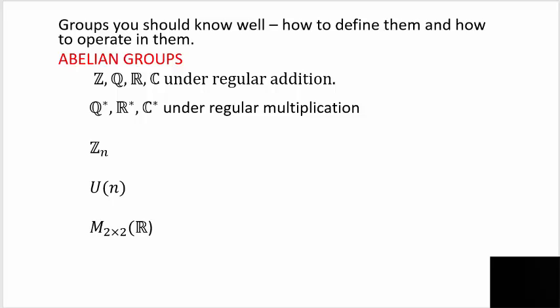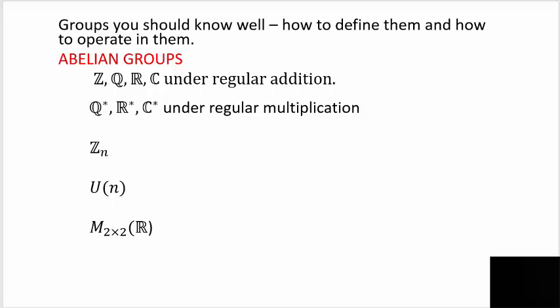The first thing we'll do in video 6 is to review the groups that you should know by name and be able to operate in them and know if they are abelian or non-abelian groups. The first groups that we looked at were just our regular groups, the integers, the rationals, the reals, and the complex numbers under regular addition, and